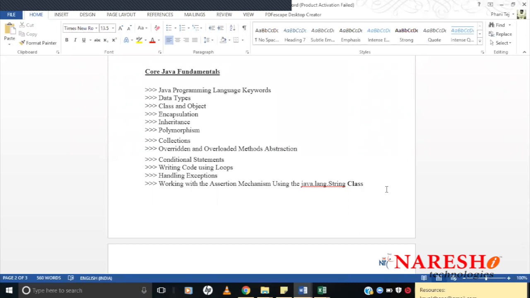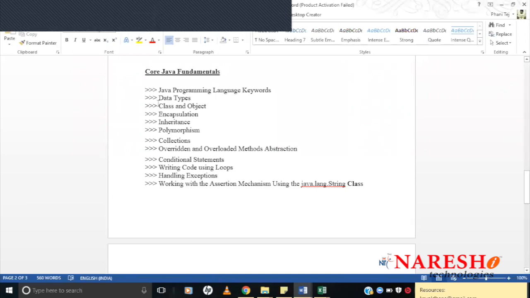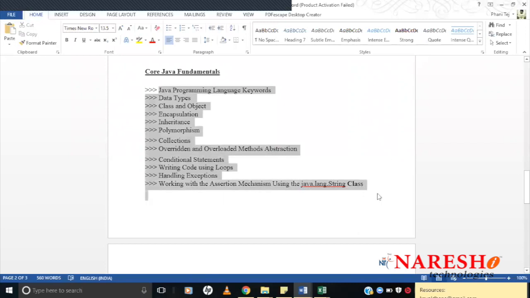One more thing is, when I say core Java, we should know from where to start and where to end, because Java is a vast subject. If you pick up a Java textbook, you'll understand how many topics you could find. There is no end to Java. You can spend years and still find something new to learn. So our concentration should be that we should not get lost while learning Java. That is the reason I picked only those topics which are going to help us in automating Selenium. If you are good with these core Java fundamentals, then you can go ahead and automate Selenium without any difficulty.